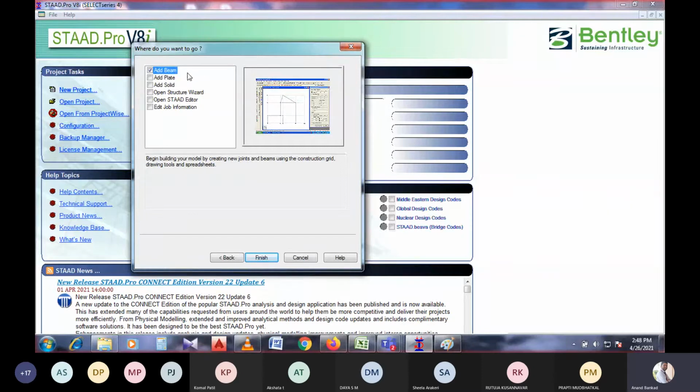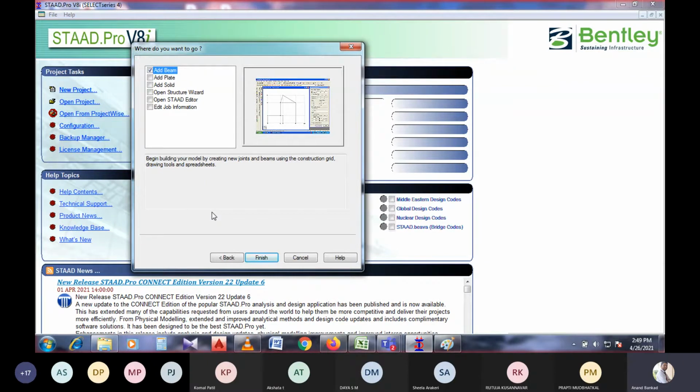Right here, for a better understanding of add beam, whatever structure you are going to create, you need particular points of the member. For example, a beam or a column in a portal frame that is connected has to be provided with nodes, and those nodes will be connected by adding the beams. So once you connect those nodes with beams and columns, a structure is created, and names will be provided for the columns as well as the beams, right?